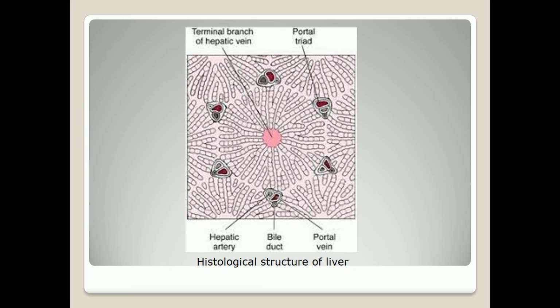Connective tissue enters the substance of the liver to form septa or partitions which separate groups of liver cells, that is, the liver lobules. These lobules are present in Glisson's capsule. The place where connective tissue enters is called the porta or hilum. The septa carry blood vessels, nerves and lymph vessels. Connective tissue forms the framework in the gland.